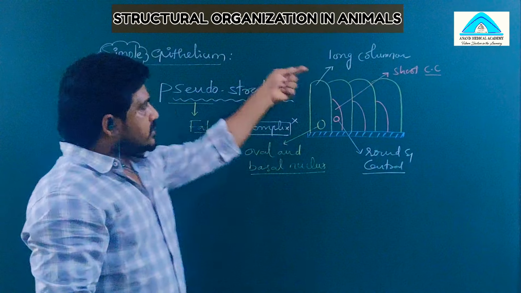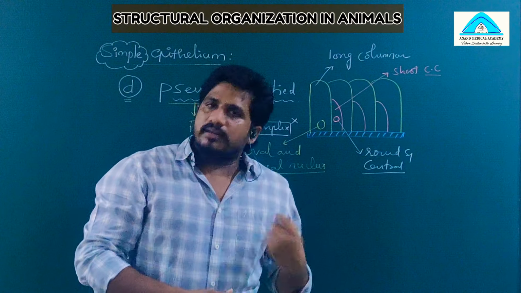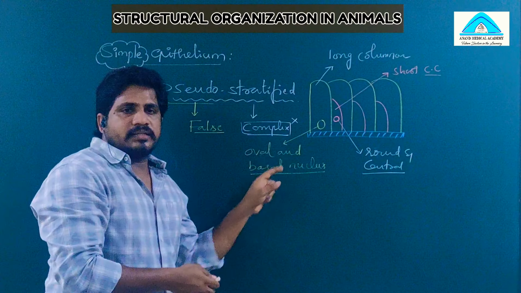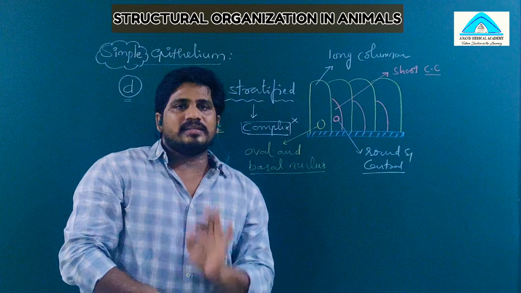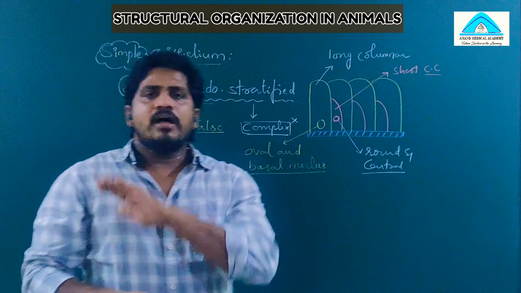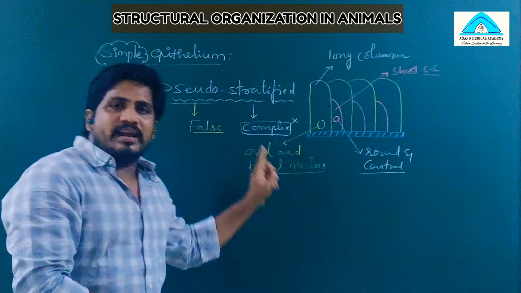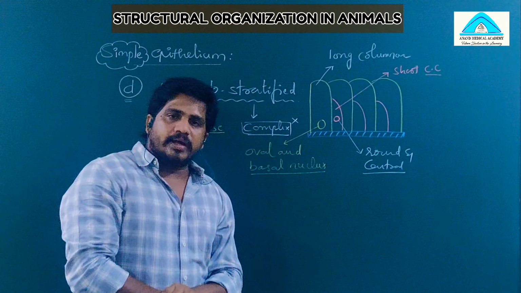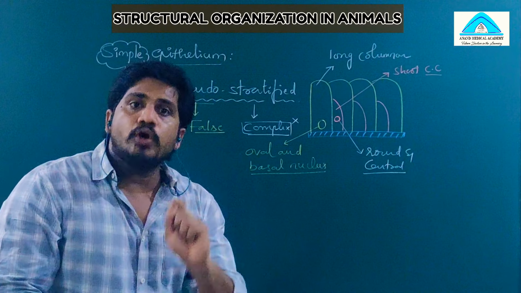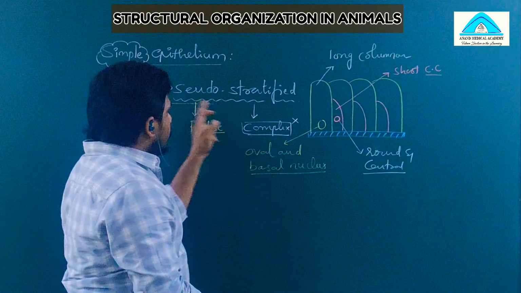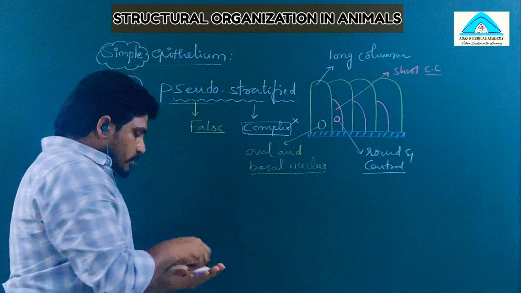About the surface appendages, whether the free surface is ciliated or has other things, let us see after some time. But one should understand why it is placed separately even though all the cells are columnar. The answer is that in generally simple columnar epithelium, all the cells are the same length, whether their surfaces are different or not, no matter. But here lengthwise each and every cell is different. That's why they are placed apart from the simple columnar cells and termed pseudostratified epithelium. Pseudostratified means what? False complex.